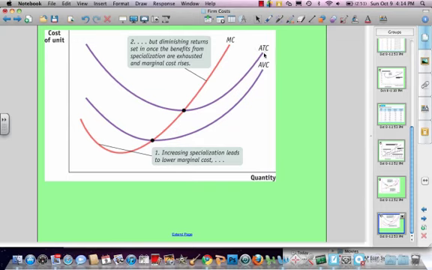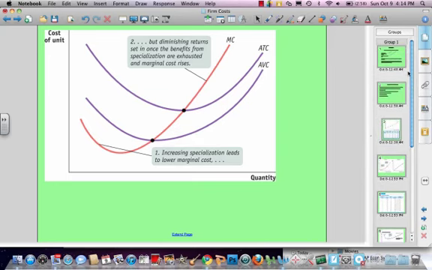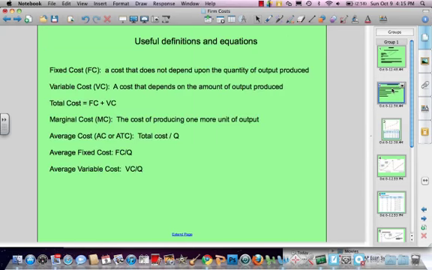Tomorrow night we will get more into the significance of these graphs, their shapes, and these two points of intersection, which will be important for us in understanding how firms make decisions. That's it for tonight. We will use these same slides tomorrow night. I may put a couple of extra definitions in, but in quick summary, remember these definitions and the equations that go with them. Derivation of the total cost curve